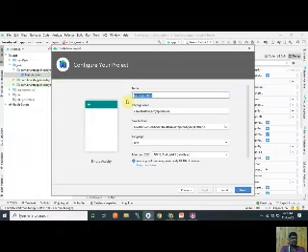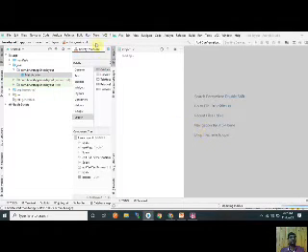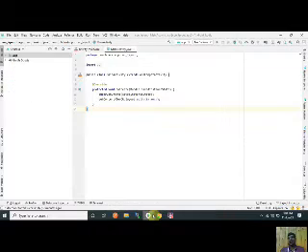What is the name? Constraint layout. Don't use spaces when you give any name to a program. Now it takes time to create the project, so wait, we created the new project.